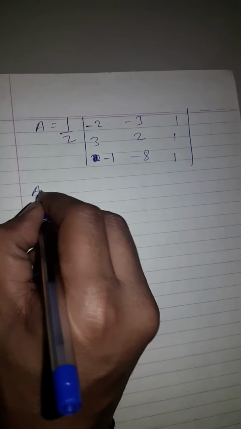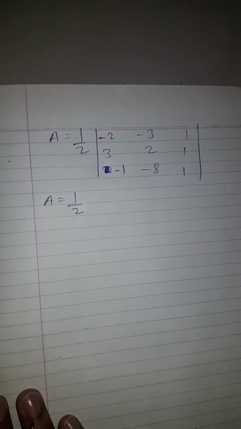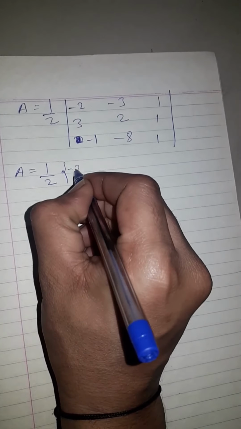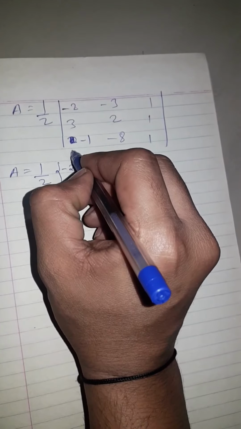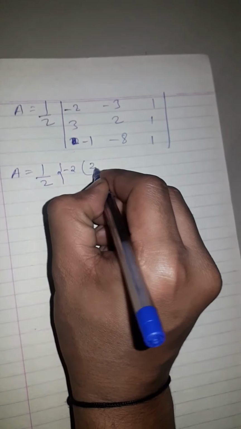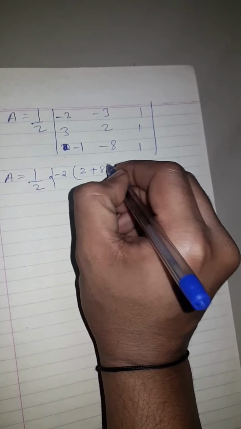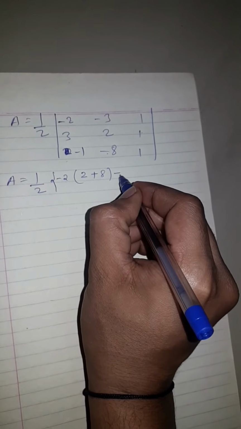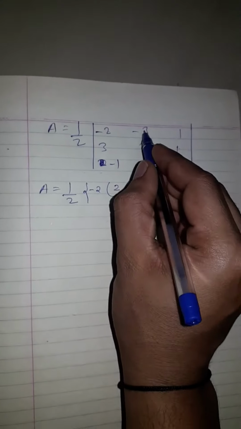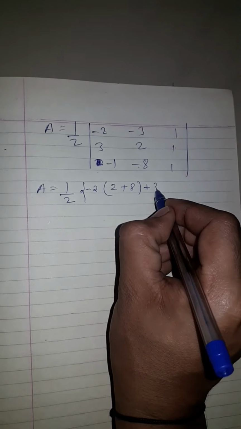Now here you know how to expand the determinant, right? So by using the first row you have to expand it, that's it. So -2 is present in first row, first column, so -2 into 1 into 2 is 2, minus -8 into 1 is -8, but already minus is there, so +8. Next determinant sign is minus, but that element has a minus sign, so it becomes +3